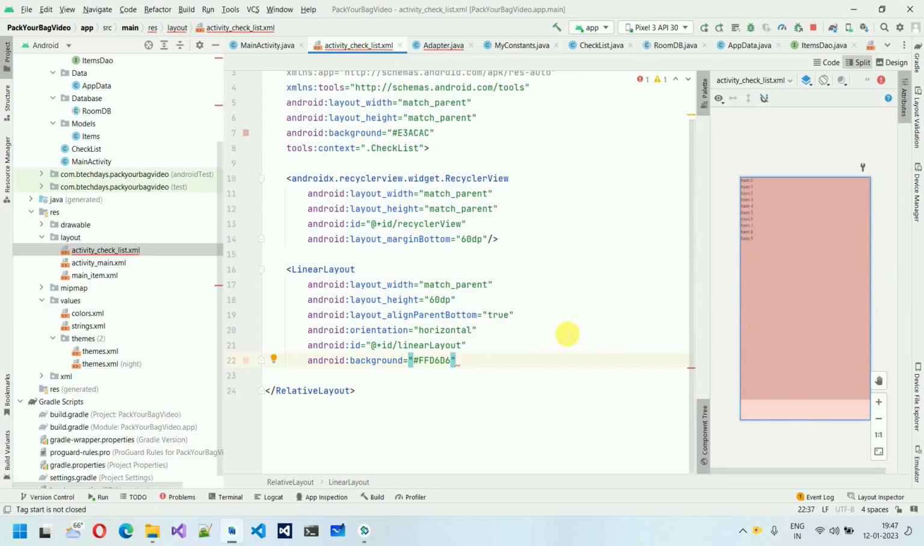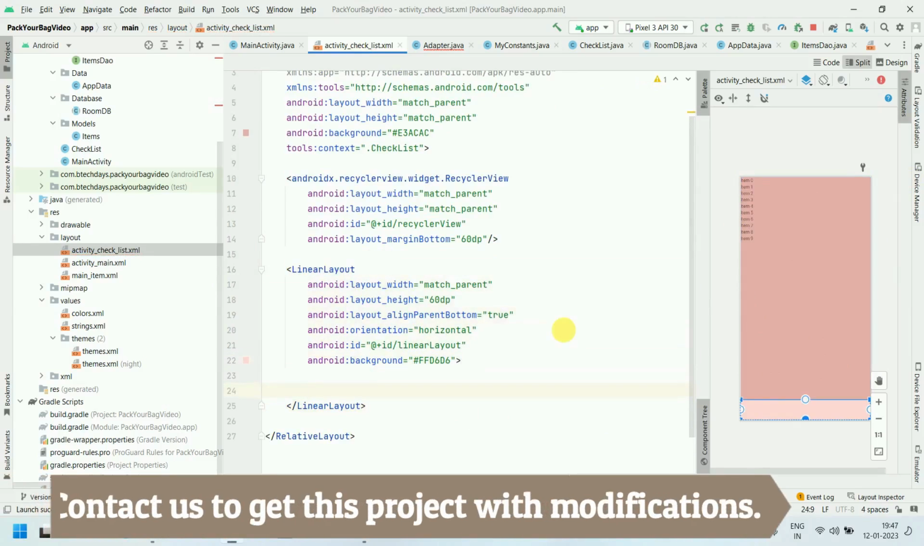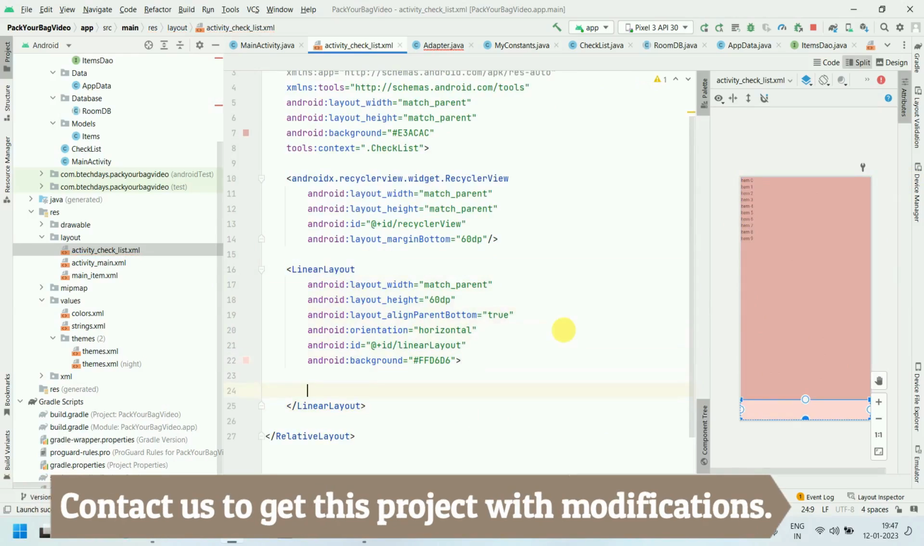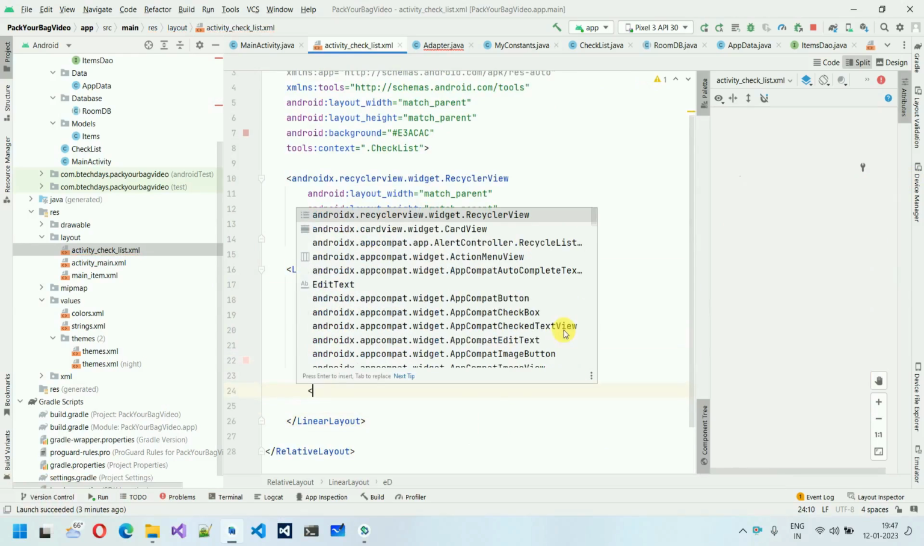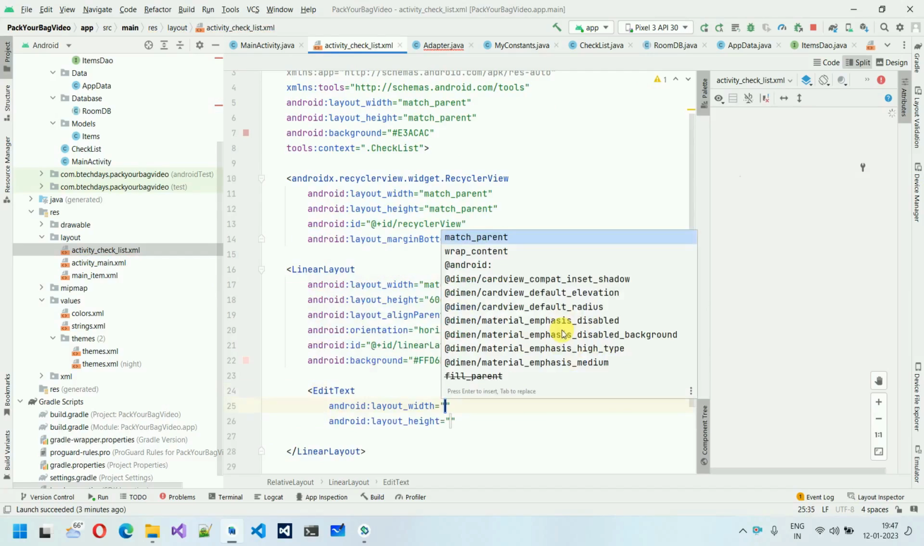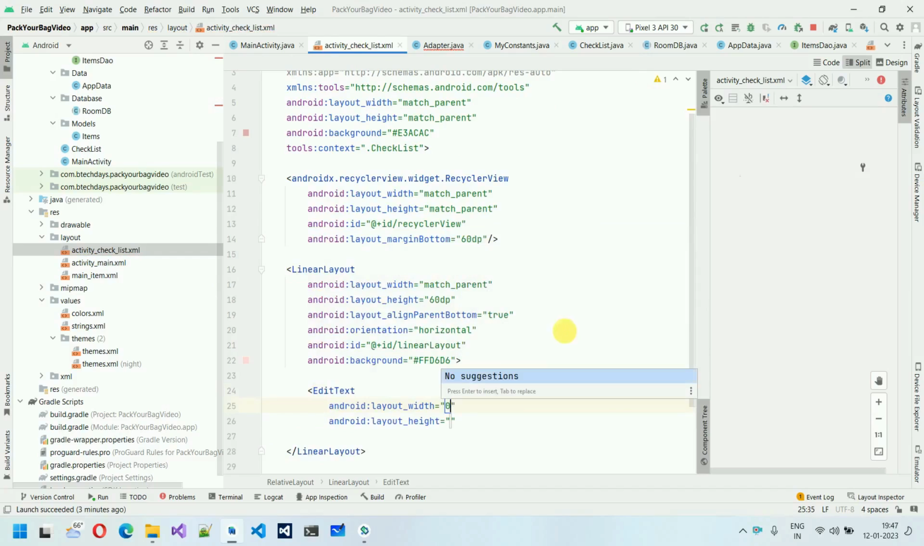Let me just close this. Inside this one we have to put one text view and one button. So I'm going to put one edit text view inside this one. So it will be edit text view, and the height and width will be something like this. So width I'm going to set to 0 dp,